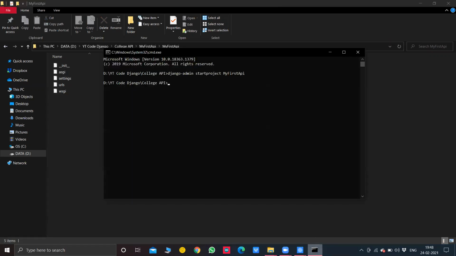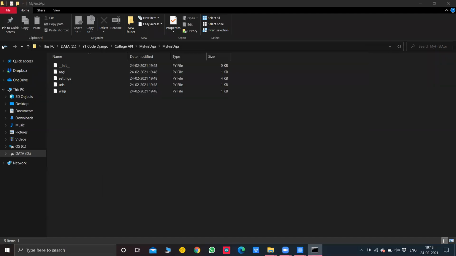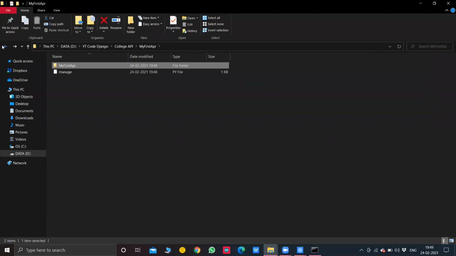Now we want a separate application inside this API of ours. First go inside the main project directory, in the location where you find manage.py.